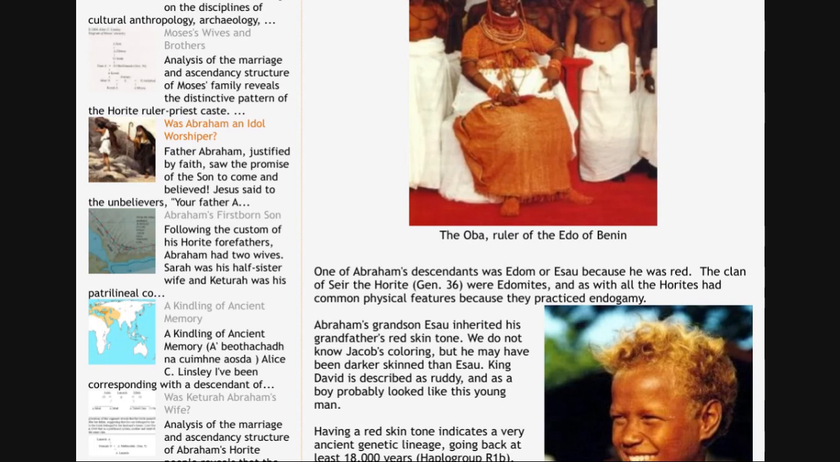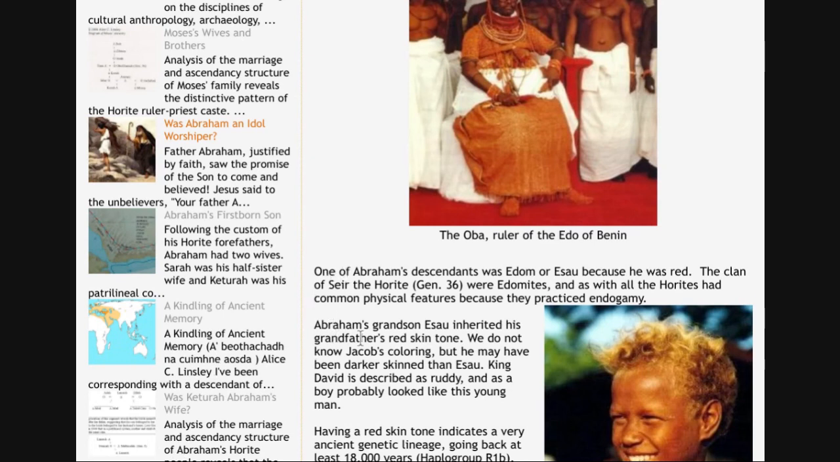Send for him at once, Samuel said. We will not sit down to eat until he arrives. Verse 12. So Jesse sent for him. He was dark and handsome with beautiful eyes. So that was the depiction of David. Anyways, it says